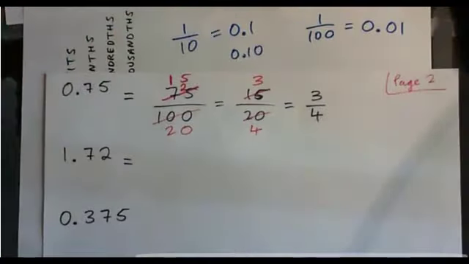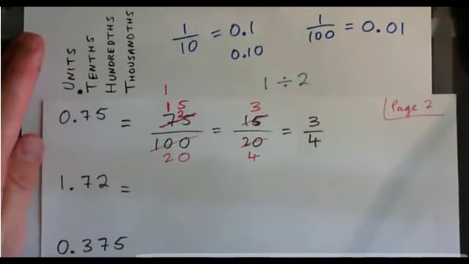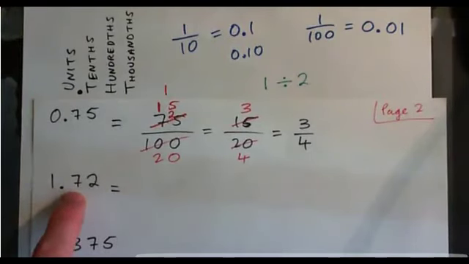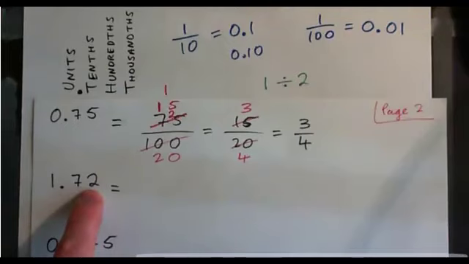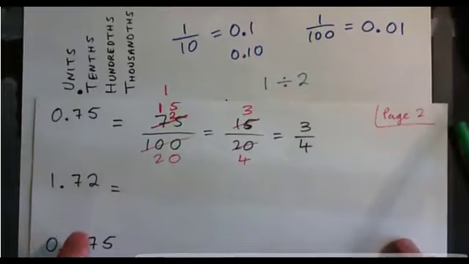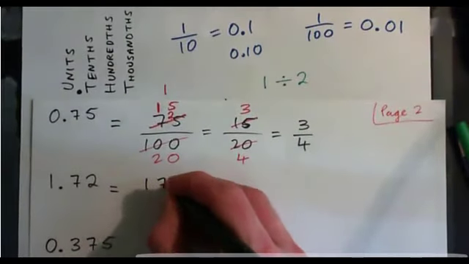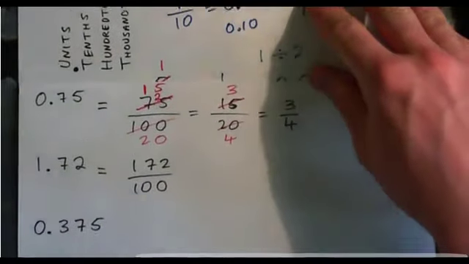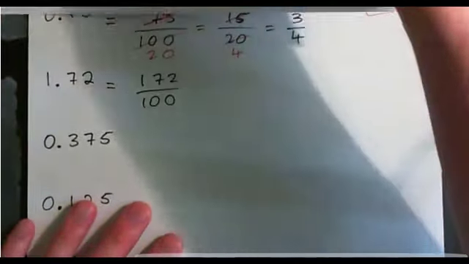If we look back at our chart there, we have units, tenths, hundredths. This is 1 unit, 7 tenths, 2 hundredths, right? Or in other words, it's 172 cents. It's 172 over 100. 172 cents, right? And putting that fraction in lowest terms now,